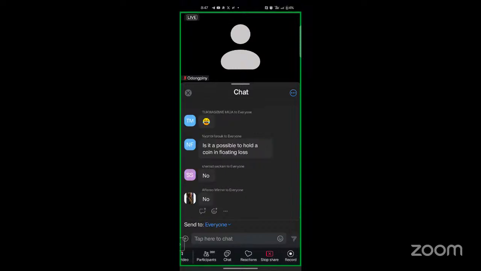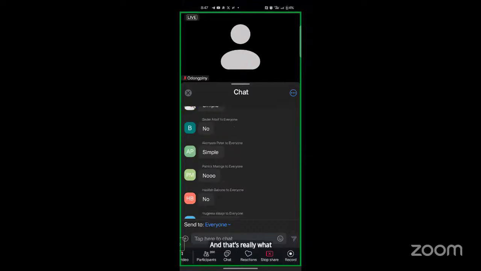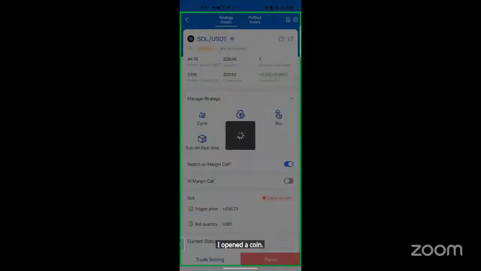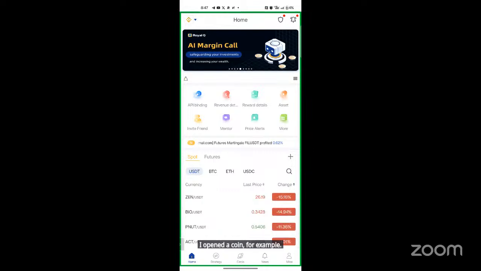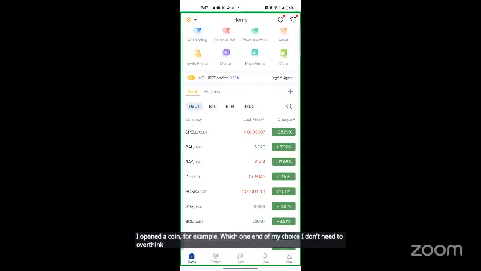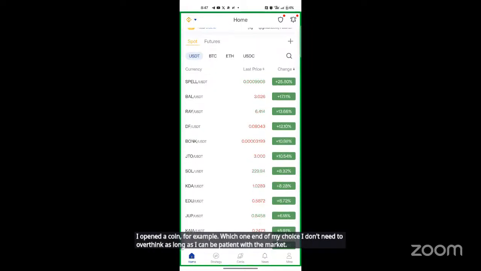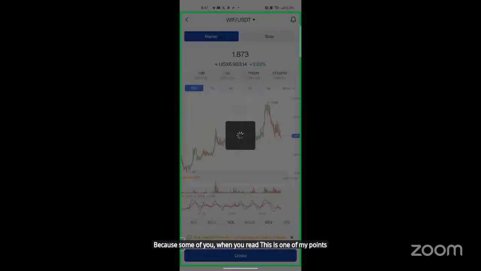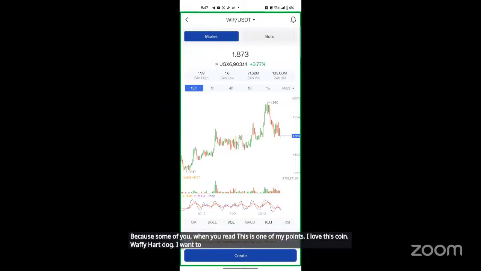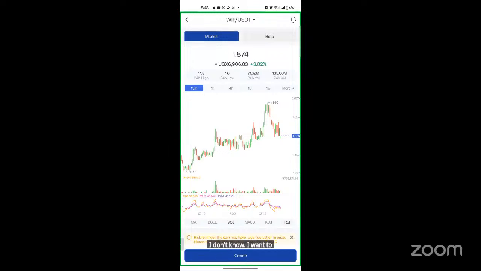I'm just using support and resistance. I don't need to be a magician. I open a coin. The challenge, you are going to make me overtrade. I open a coin, for example, any of my choice. I don't need to overthink as long as I can be patient with the market. This is one of my coins. I love this coin, Waffy Hat Dog. I want to trade Waffy Hat Dog. When I open the coin,